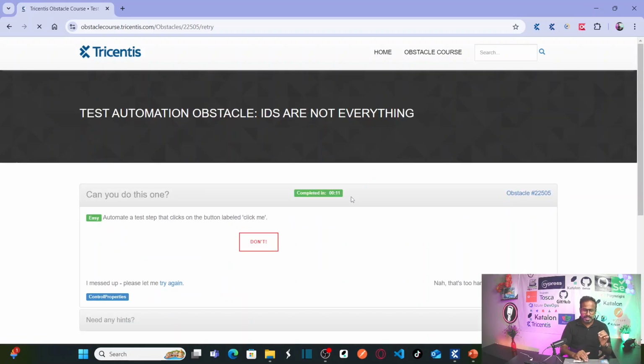So what does this obstacle mean? We have to automate a test step that clicks on the button labeled click me. If you see on the screen, you have two buttons. One is don't, another one is click me. So these two buttons are on the screen and you need to click on the click me right side button. Here these two buttons have similar IDs, and how can we solve this by using TRICENTIS Tosca to automate this